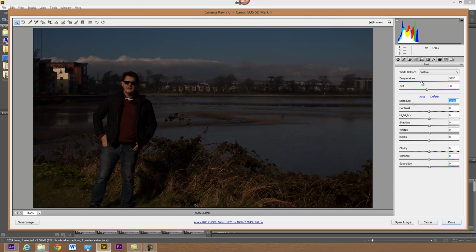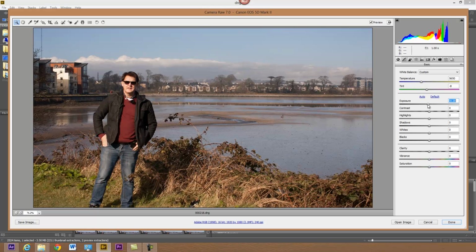So I'm going to just put that pretty well back because I pretty well exposed it okay overall, I think. Back to default there. So with that, knock the temperature up again. Having done that, probably want to increase the contrast a little bit, so I'm going to increase that a little bit. I'd like it probably the highlights